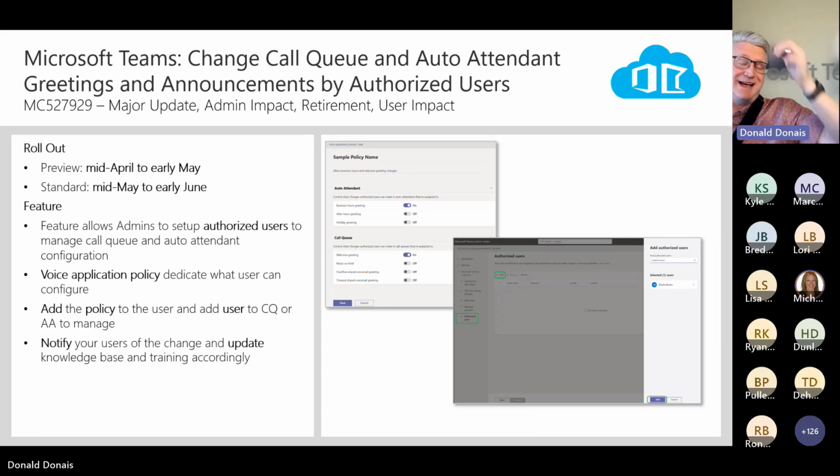I do have something that's not Teams meeting related: Teams call queue and auto attendant. Now, this is a big deal for those who have Microsoft Teams phone deployed using call queue and auto attendants within that. There's a preview happening soon, April going into early May, and then being released in May going into June, where you can actually have users help configure some parts of the call queue and auto